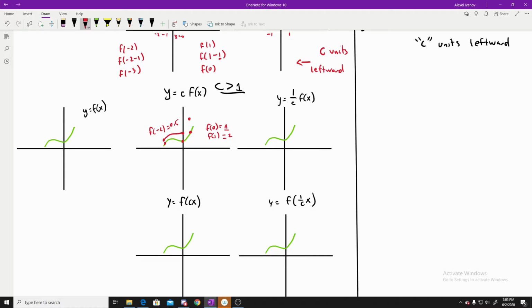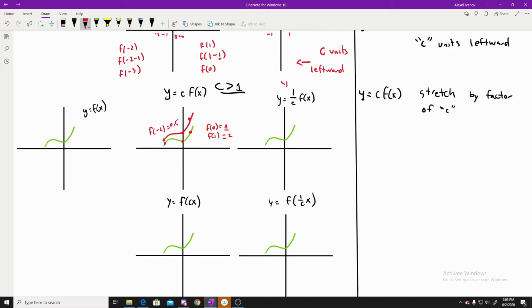Connecting these dots, we can see that the new function is very similar to the old function. However, it is stretched by a factor of c. We can conclude that multiplying our function by a constant factor of c, which is greater than 1, will vertically stretch our function by a factor of c. Moving on to the next example, this right here is very similar to the one that we had before, except